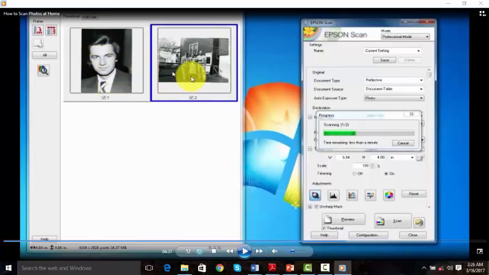Then he has confirmed that it is now ready to be scanned. So now this is the final scanning, so that this hard copy document can now be electronically on the computer system. Let us see.